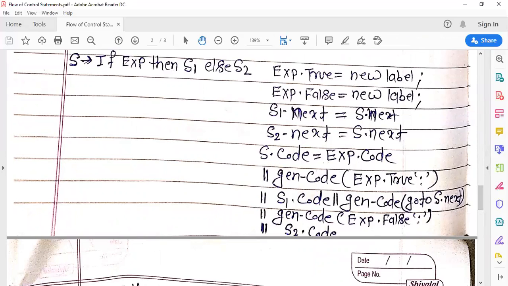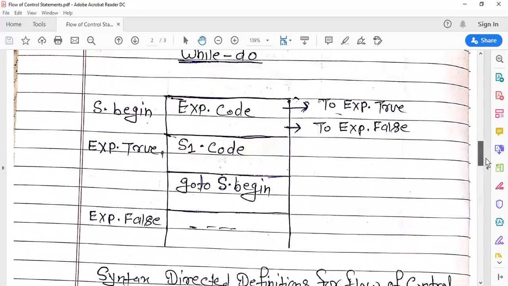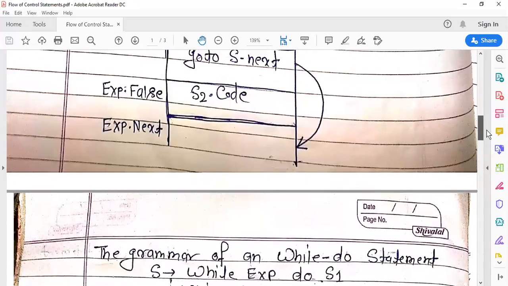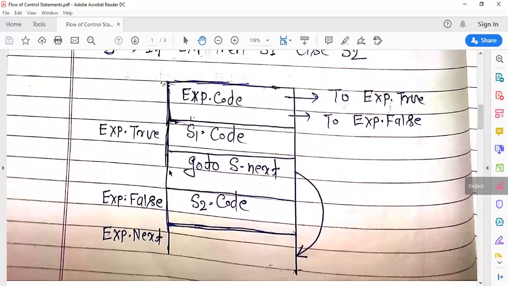So all the codes are appended, and after combining all this code, we say this is the S.code. You can see exp.code, exp.true, S1.code, go to S.next, exp.false, and S2.code. Again, in the block diagram we have exp.code, exp.true, S1.code, go to S.next, and S2.code.